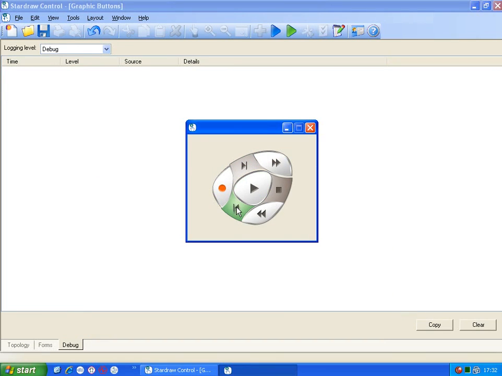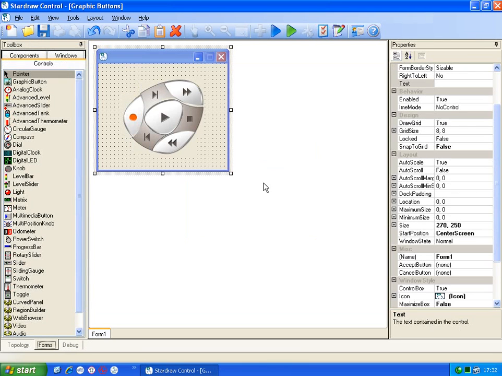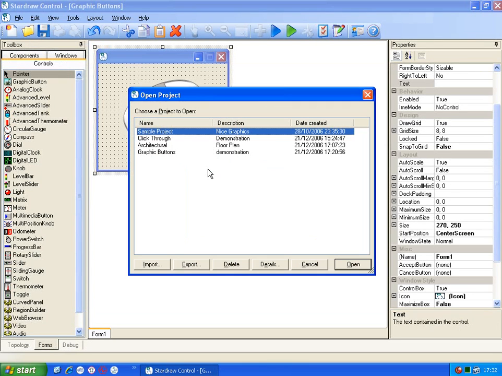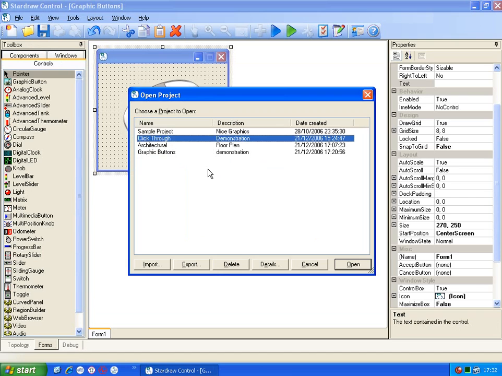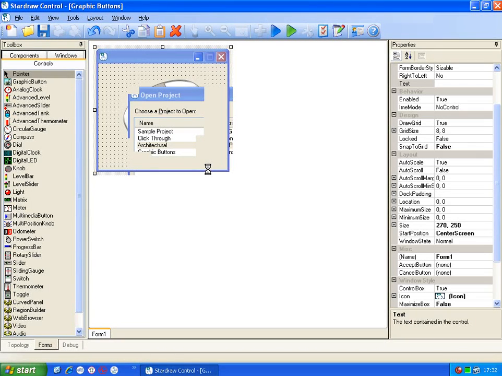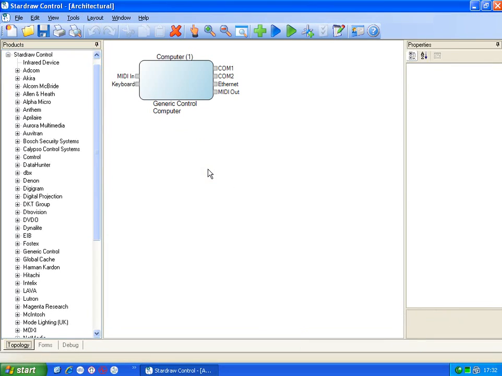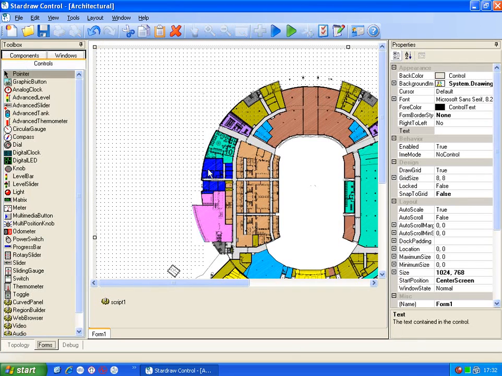And as I move between each area, the hit test detection is absolutely spot on, thanks to that new click-through control. In fact, if I move just outside all the way around the edges, you can see the hit test detection is spot on. Great. Now, if we have a look at an even more complicated scenario of, say, an architectural floor plan, we